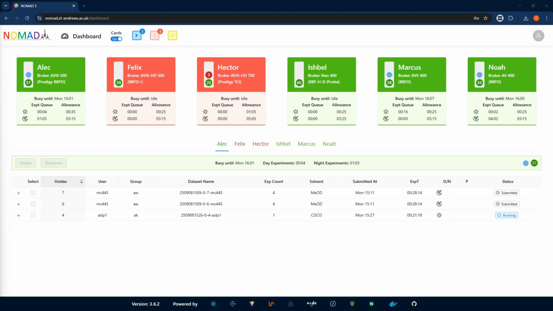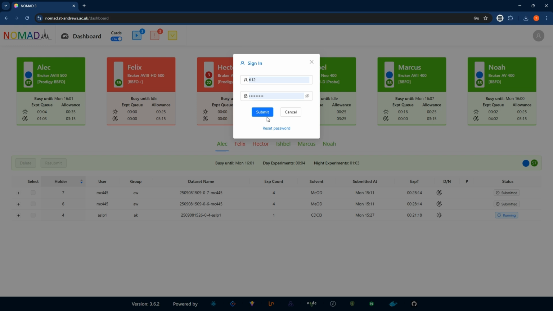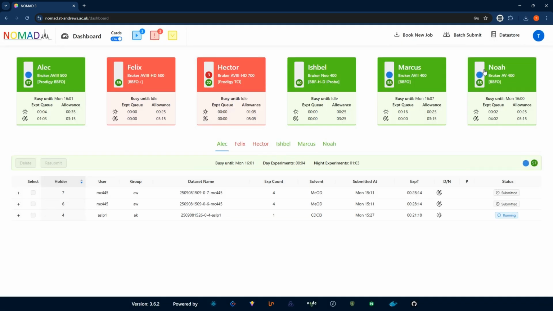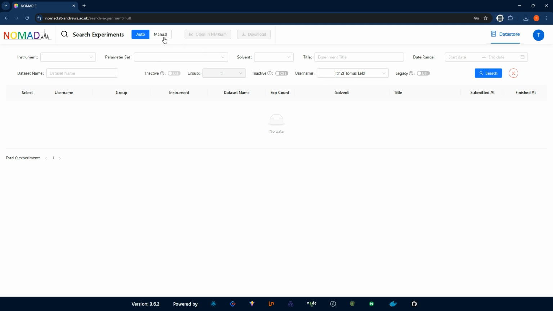In order to access archived data, we need to sign in using our NOMAD username and password. Then click on the datastore button in top bar menu and select Experiments Search from the drop-down list. The switch in the top bar allows to select type of experiment that we want to search for, archived automatically